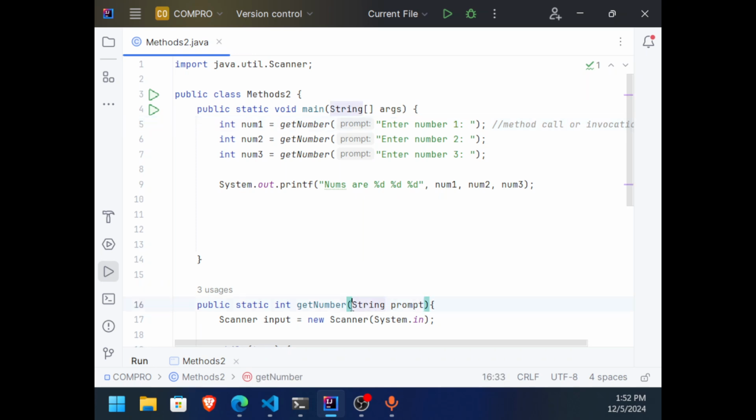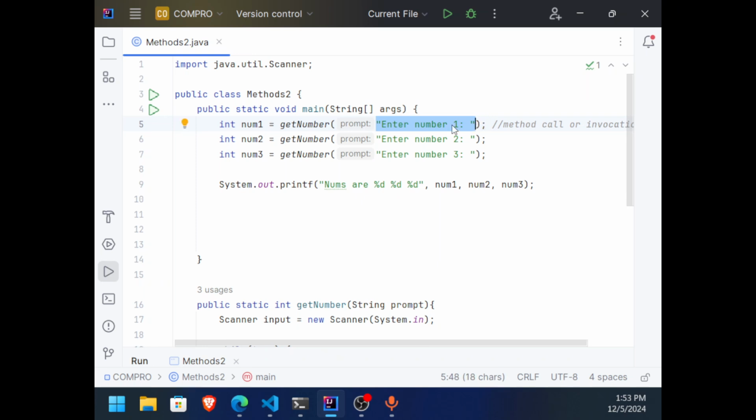This one is formal parameter or parameter in short. Okay, when I say parameter, I'm referring to the variable inside the method definition. When I'm referring to argument or actual parameter, I am pertaining to the value that is passed when I call or invoke the method.